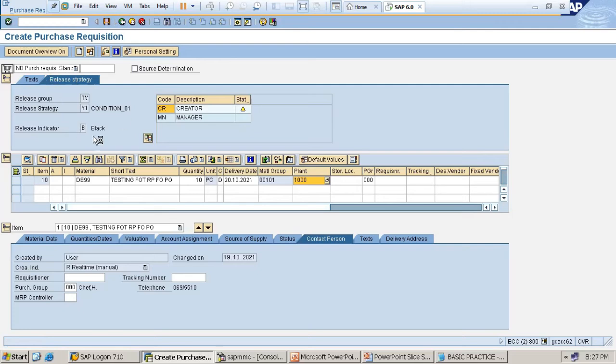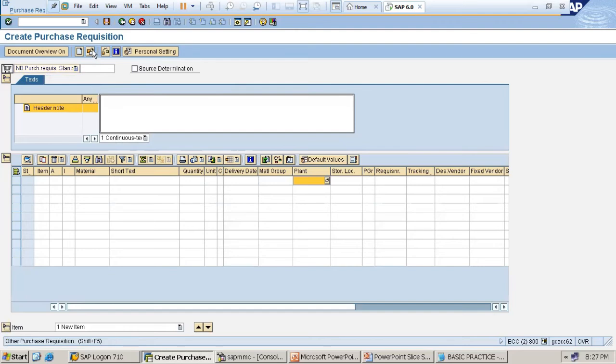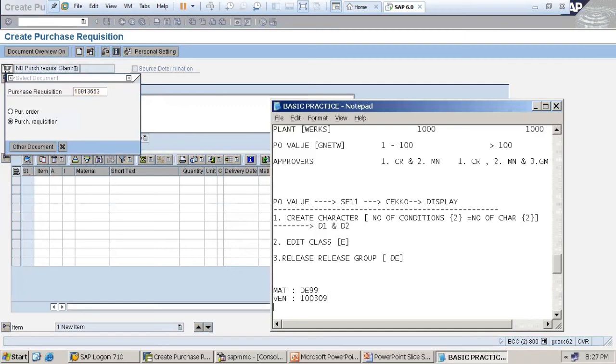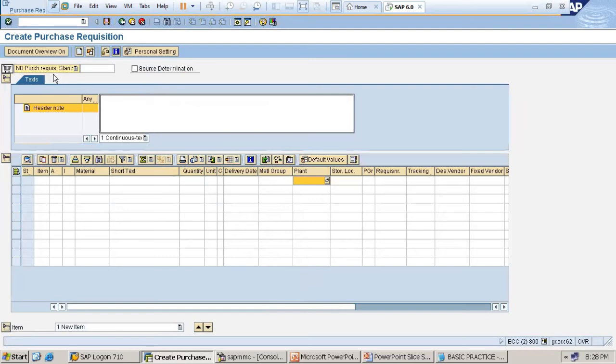I mean to say, how to get this release strategy in header level, top side, for the PR number. So PR number, then go for the PO. How to get header level?